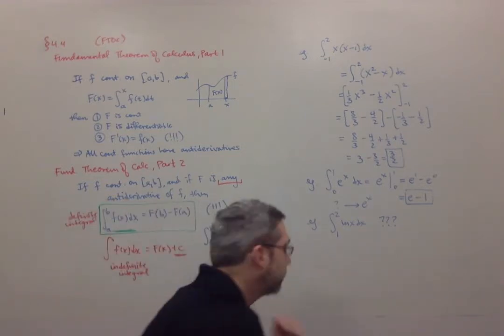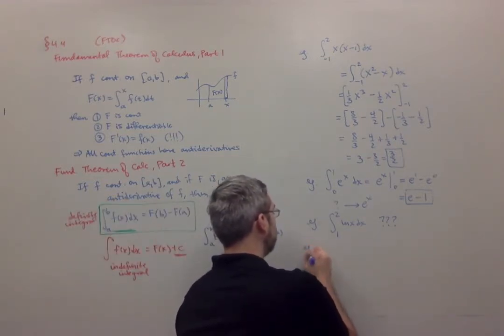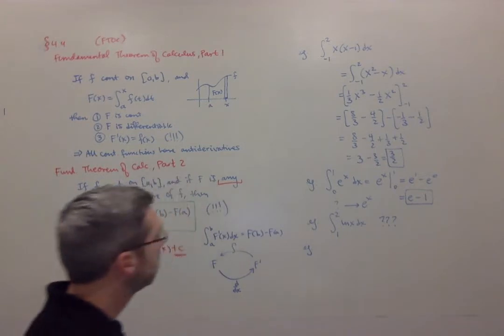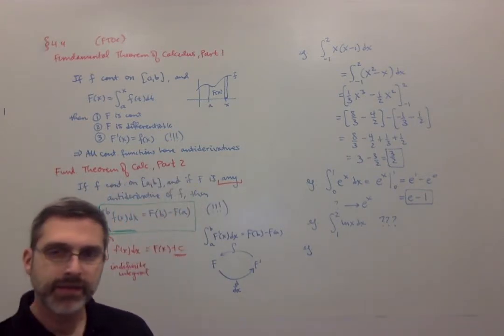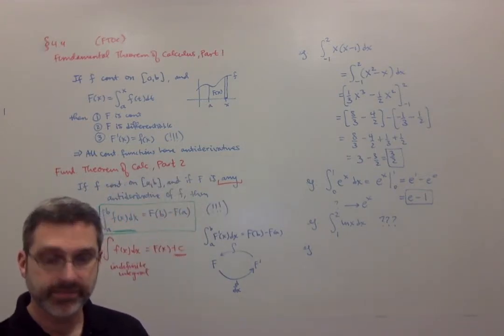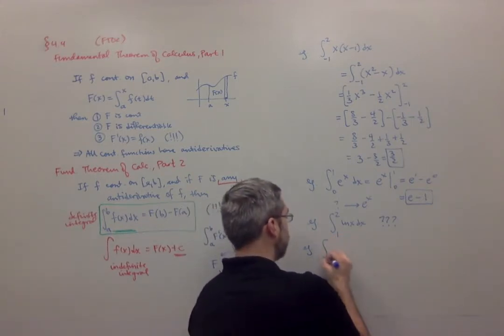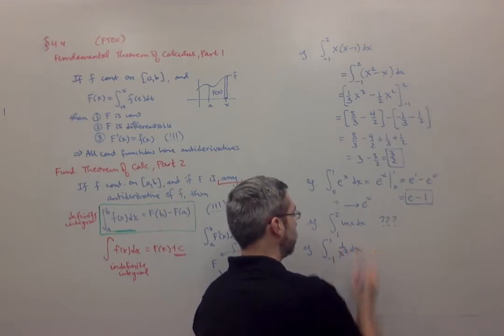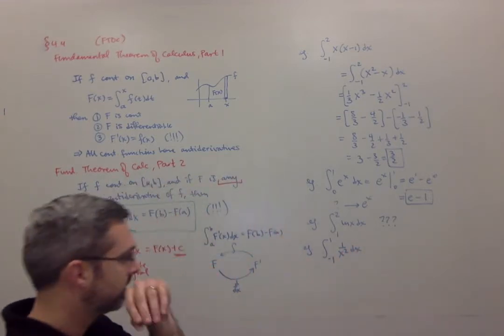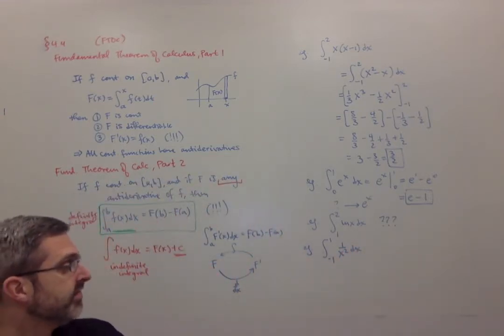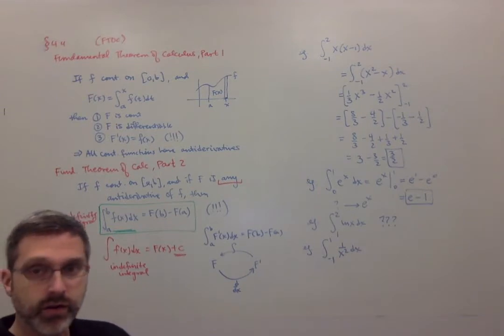One other thing to be careful for. Let me do one last problem here, and I'm going to make a mistake, and I want you to find the mistake. Okay. So I want the area from -1 to 1 under 1 over x squared dx. Okay. The function 1 over x squared. I want the area from -1 to 1. So the first thing I'm going to do